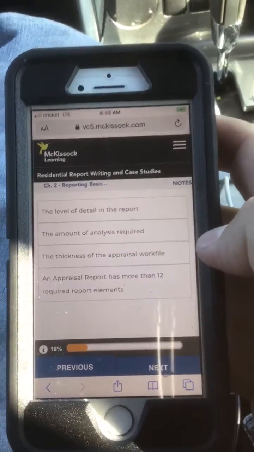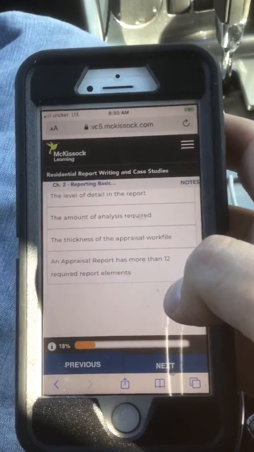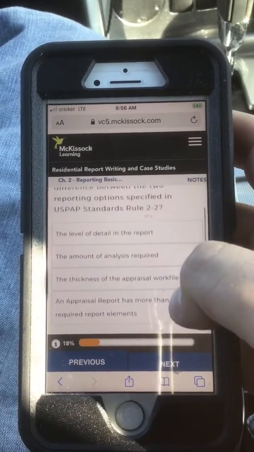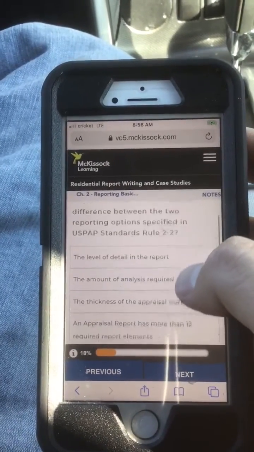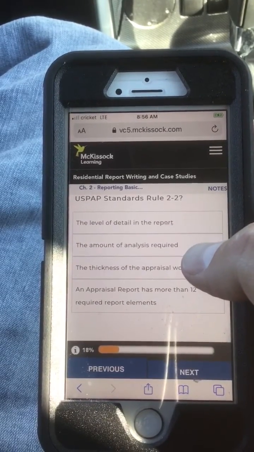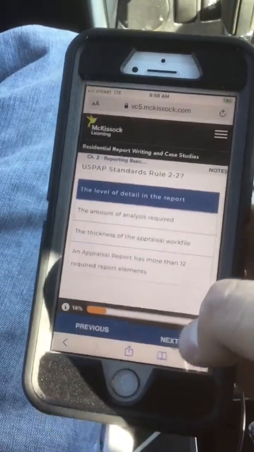C, the thickness of the appraisal work file. Or D, an appraisal report has more than 12 required report elements. I'm going to go with A, the level of detail in the report.